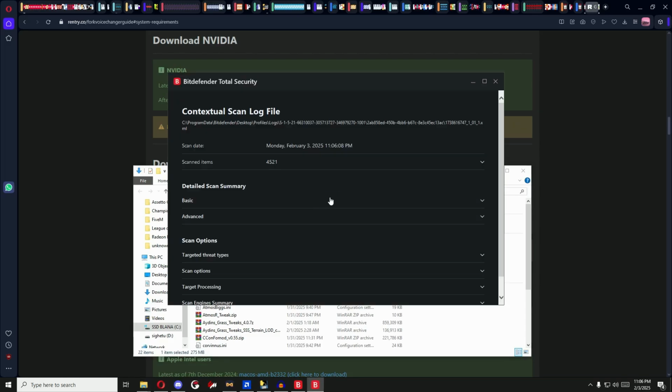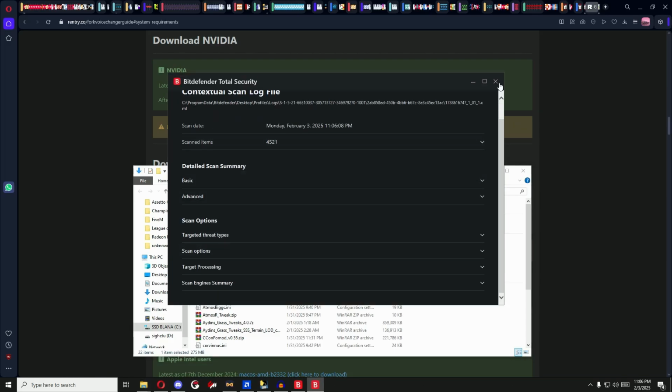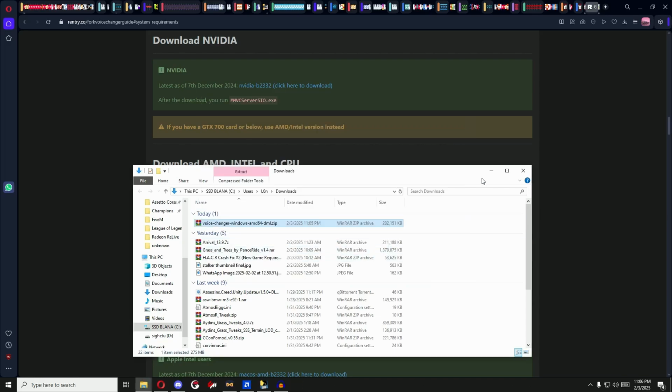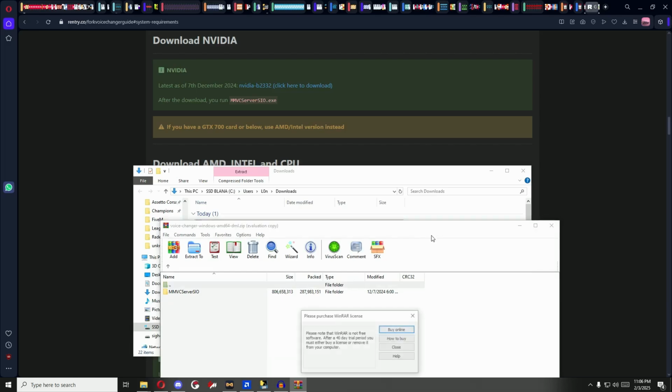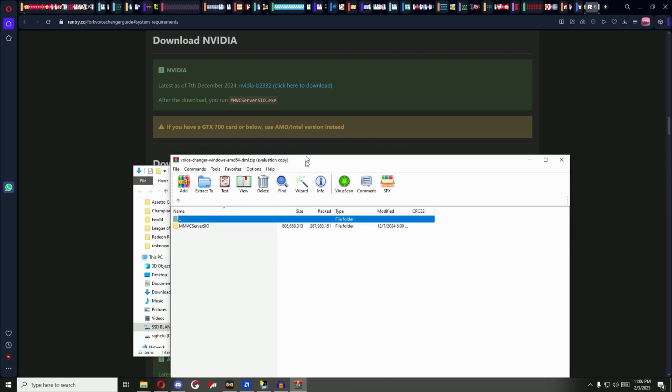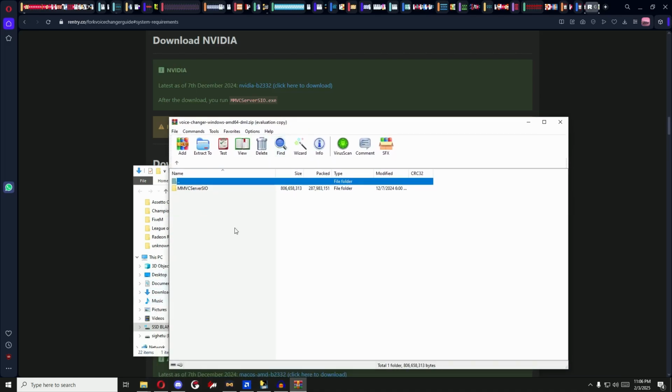You can see the view log, what it scanned and everything. Basically, I'm not going to be doing the same thing again. You just have to extract the folder on an SSD. So just go into an SSD, make a folder, call it like voice changer or whatever, extract the folder, and